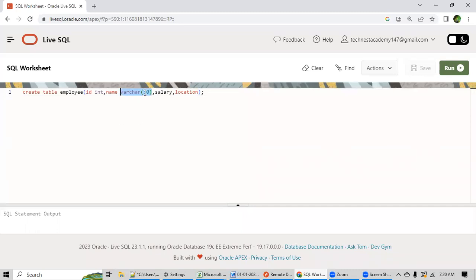We will discuss all those things. So don't think that why Tanvir has put 50. Can I put 100 here? Can I put 1 here? We will discuss all those scenarios down the line. So in salary, what you will put, INT or varchar? INT, because salary column again it stores numbers or integers, so we will put here INT.